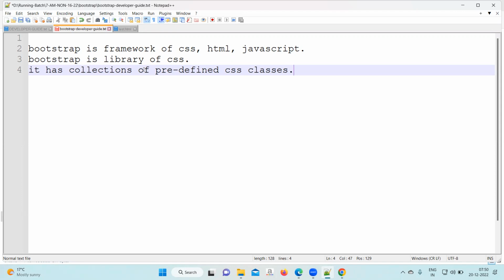It was given by Twitter. Okay, it is given by Twitter. It is free of cost, general public license, anyone can download, and they can use for their own project purpose, right? Now, the people who have designed this library and framework, they have looked into the market and they have